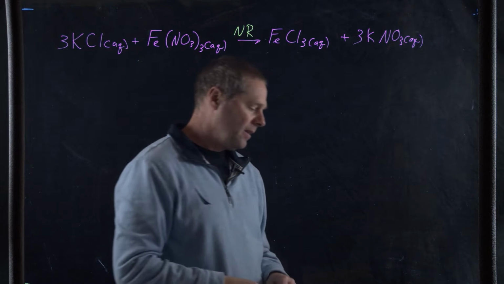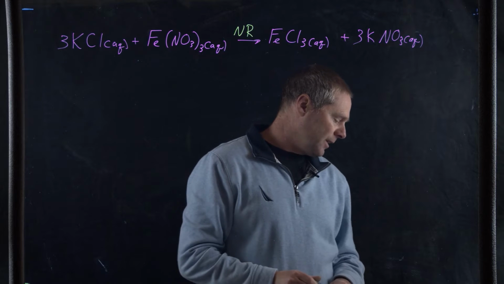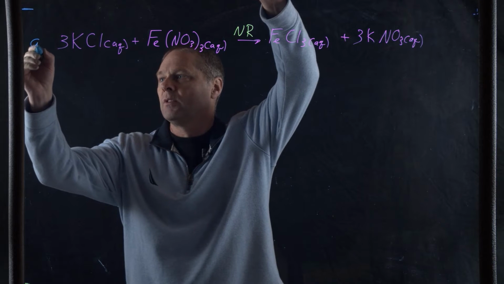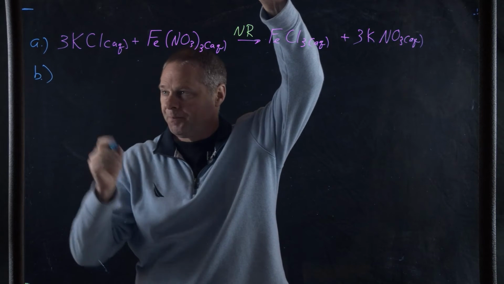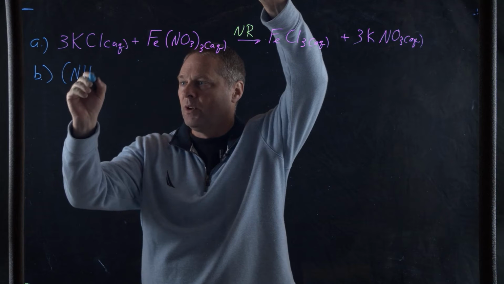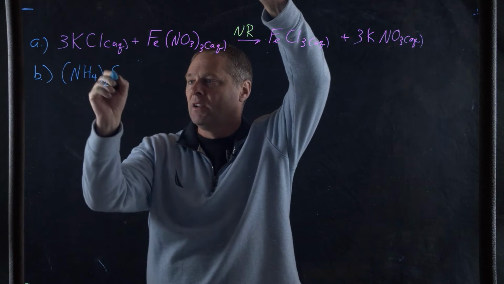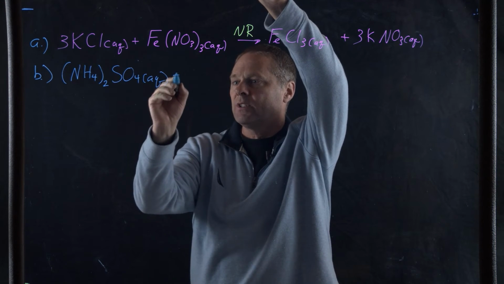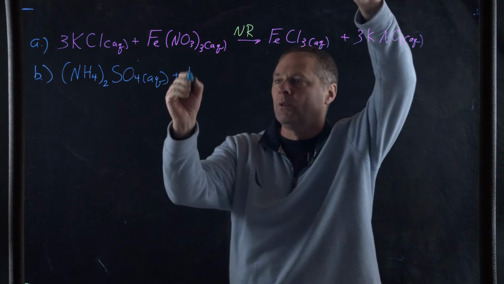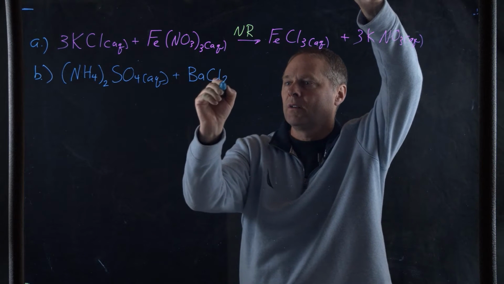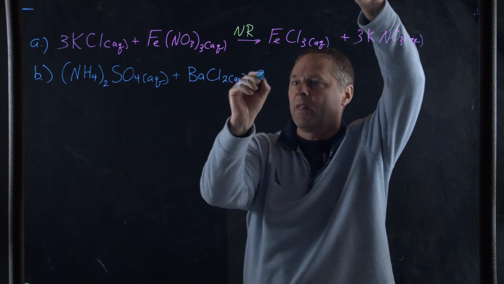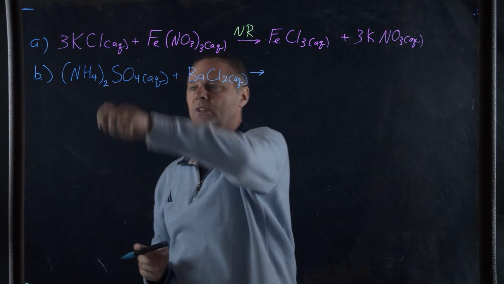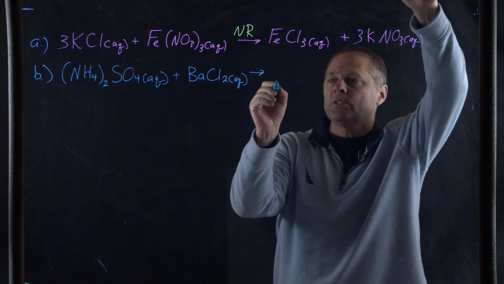For B, it says we have ammonium sulfate and barium chloride. So if we have ammonium sulfate, this was A, this would be B. We have ammonium sulfate. Ammonium is going to be a +1 ion. The sulfate is a -2 ion. This is aqueous. Plus barium chloride, and that's aqueous. And the products of this now is going to be, the barium is going to go with the sulfate, the chloride is going to go with the ammonium. And so we have ammonium